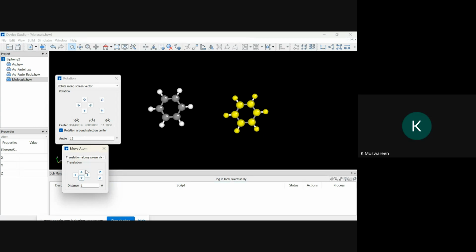Sir, yesterday it worked, but today it is not working. All options are blurred. I think you missed one of the things. You need to convert to crystal tab first. First you need to click convert to crystal and then build, and then you can select those benzene rings